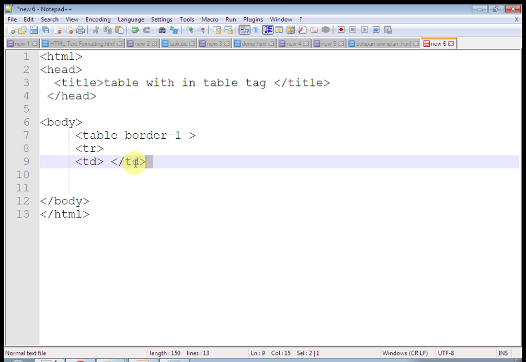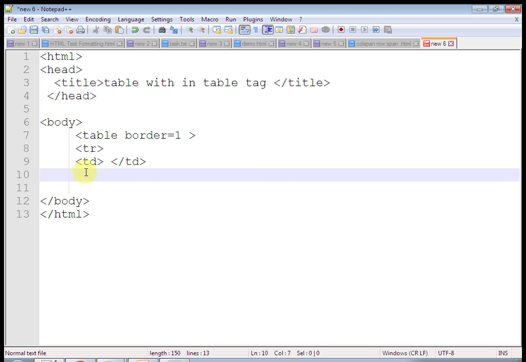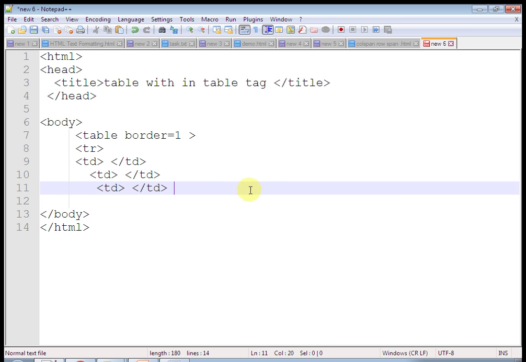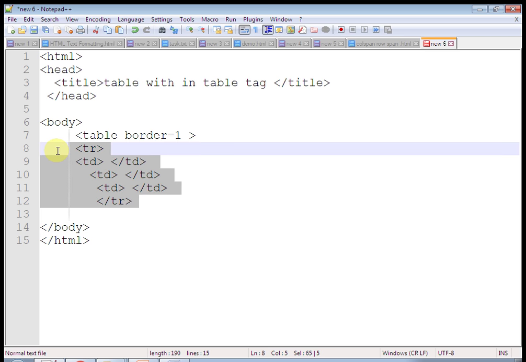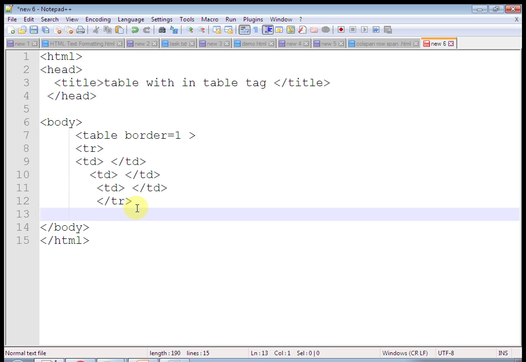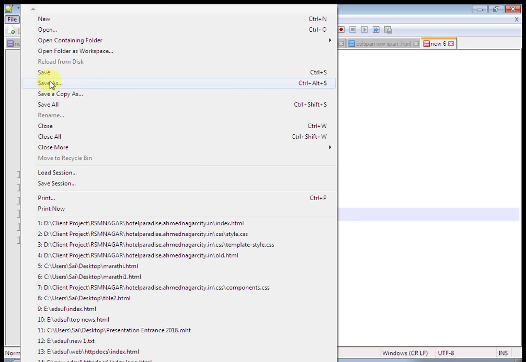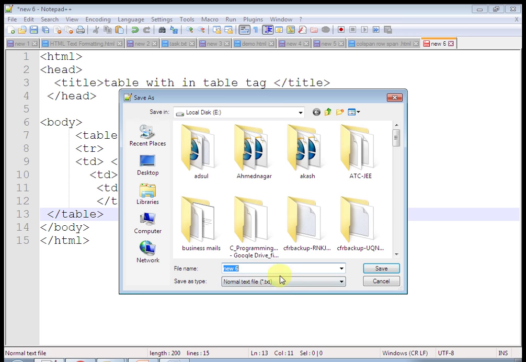Close this tr, just close table. Save this one. After creating this, execute. This is the simple output.